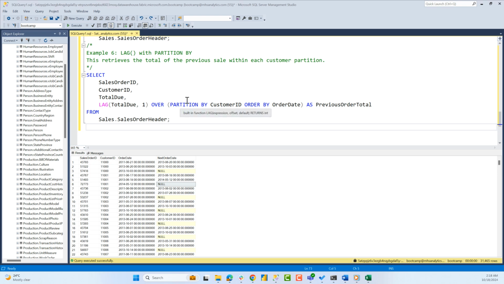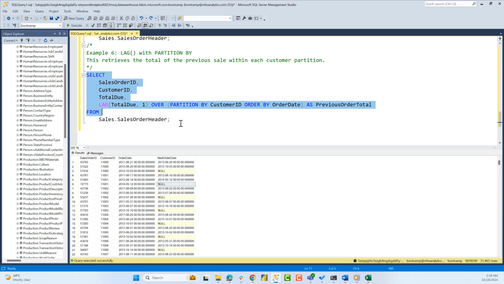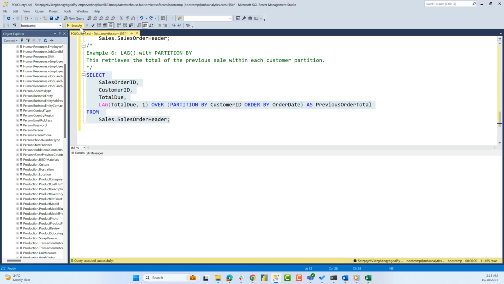The next function, which is also the last function we will be looking at, is the lag function. So the lag function retrieves the total of the previous sales within each customer partition. So we are selecting the sales order ID, the customer ID, the total due. Then we are using the lag function, partitioning by the customer ID. Then we want to order it by the order date as the previous order total. So if I run this,